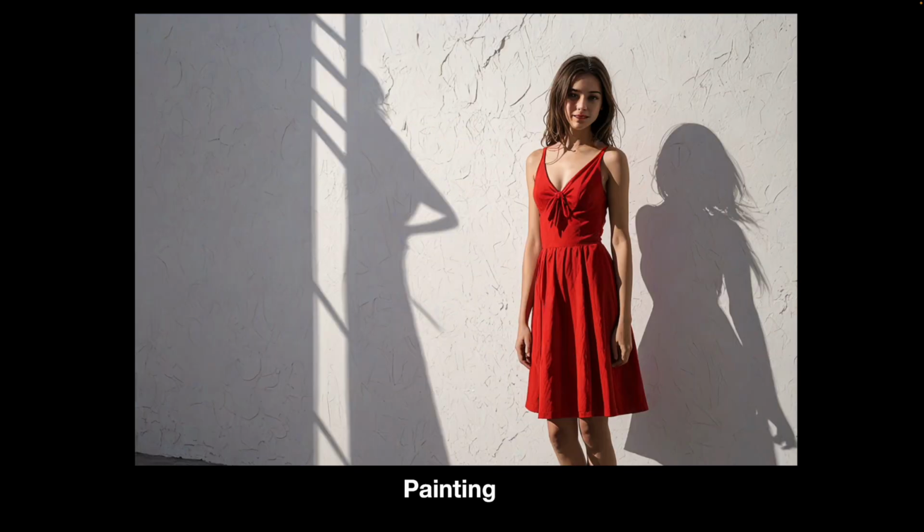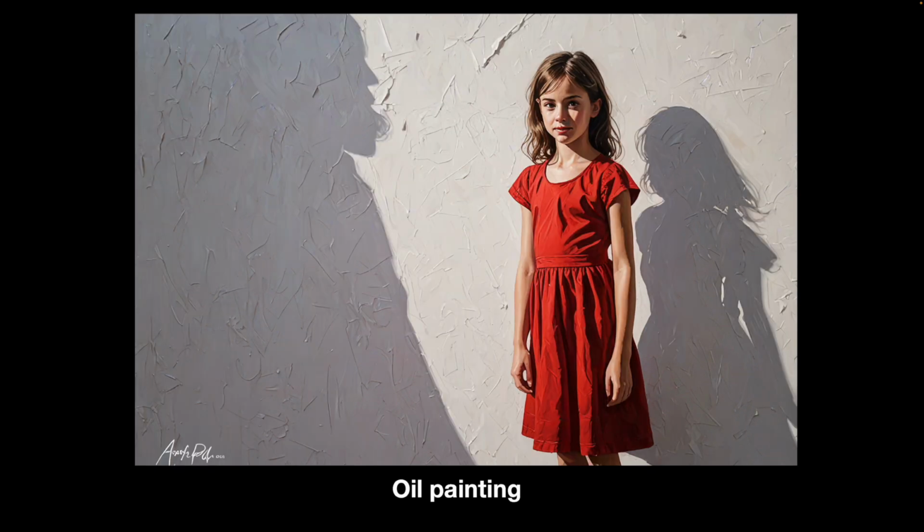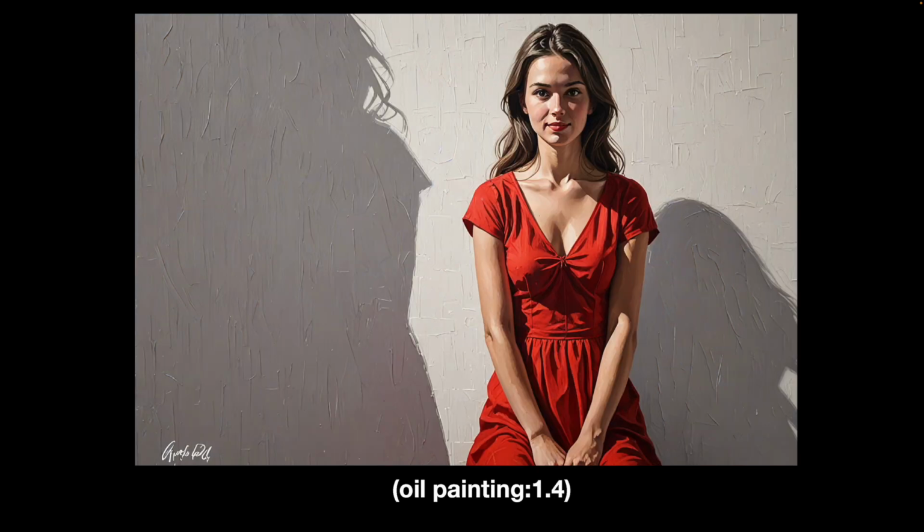Painting is not strong at all. It's essentially a photograph. It doesn't really know what painting is. Oil painting, as soon as you add a sort of painting, then it improves. So this is much more of a made image. Oil painting, and I've given it weight here. Again, if you give it weight, it'll bring the figure nearer. But there's some quite nice textures in the background that I could see working quite well. It does rather squared off brushstroke stuff.